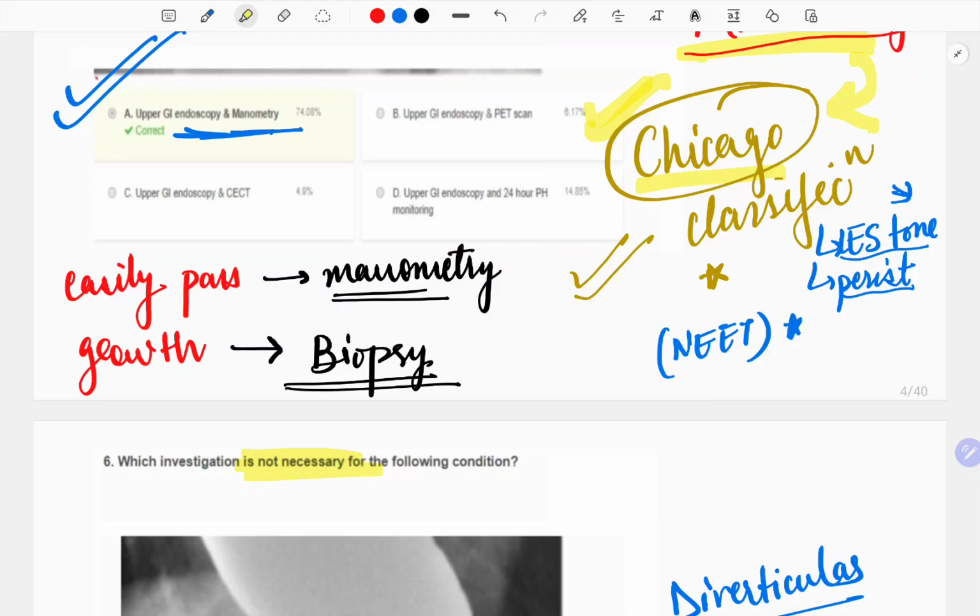Now how will you differentiate in the endoscopy whether it is achalasia cardia or a carcinoma esophagus, which are the closest differential diagnoses to each other? If the esophagoscope is easily able to pass through it, then the next investigation we'll do is manometry. And in the endoscope, if growth is seen, it is mostly carcinoma esophagus, and the investigation next we'll do is biopsy. So I'll teach you in detail about the investigations and the treatment for the carcinoma esophagus. Just look at the Chicago classification, which is very important, and it is a potential question for the INICET.